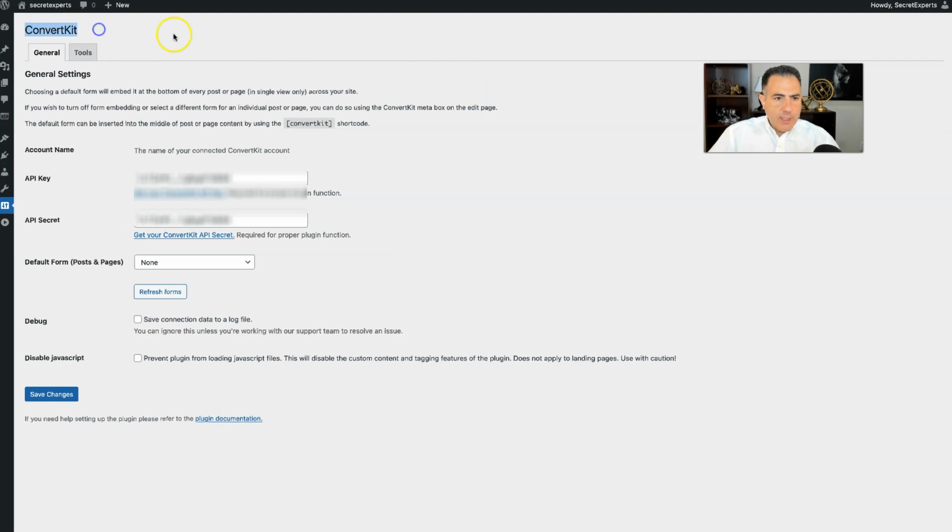After you install it, you'll end up with this page automatically. It says ConvertKit on it. You don't have to do a whole lot. It says you need an API key and API secret. All you got to do is just click on this. It will take you straight. Just make sure you are logged in to ConvertKit. Then you put in the information up here and the same thing right here, and you can leave everything else the same. Don't change anything.